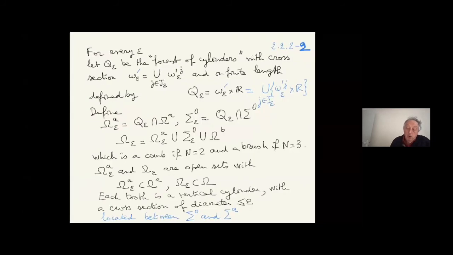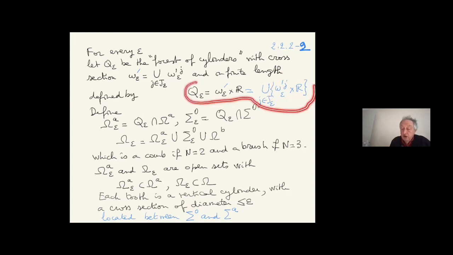I now define omega epsilon in the following way. I take Q epsilon, the forest of vertical cylinders with cross-section omega prime epsilon and infinite length. So I put a cylinder on each cross-section omega prime j epsilon. I put an infinite vertical cylinder, omega prime j epsilon times R, and Q epsilon is the